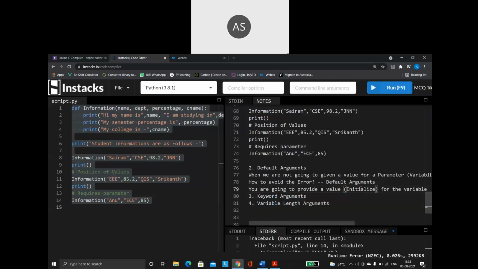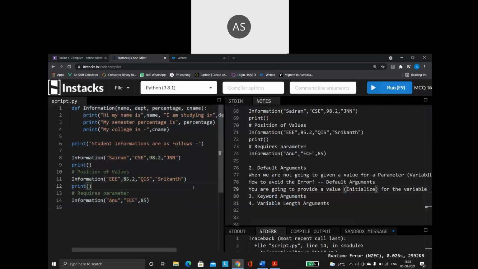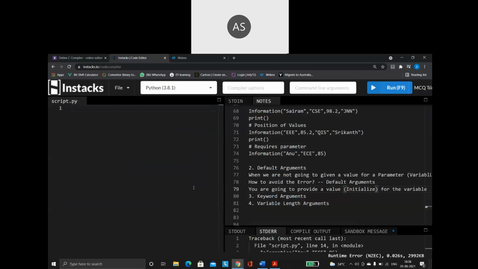So you know one concept, variable means what? The value of a variable can keep on changing. So I can say a is equal to 10. The next line I can also say a is equal to 20. Both are going to be valid for me. That is the same concept I'm going to be applying here.